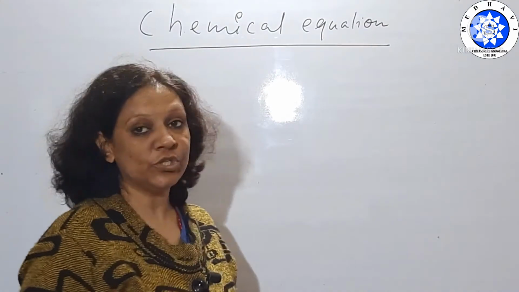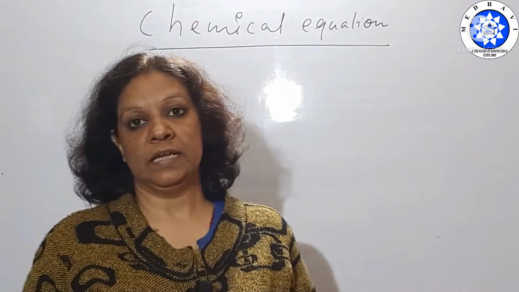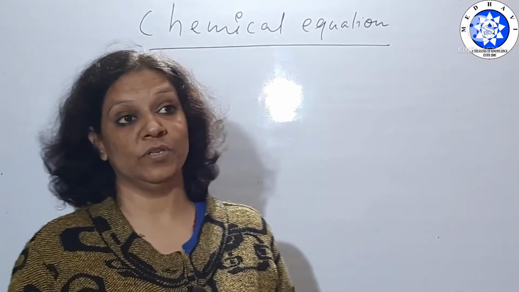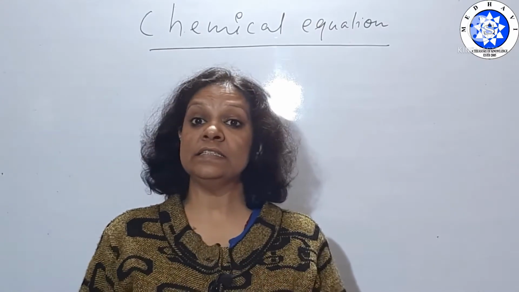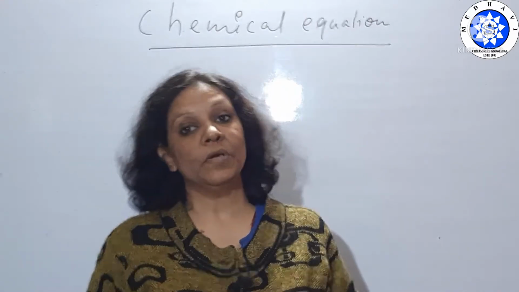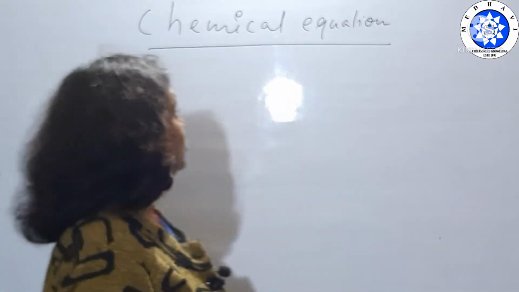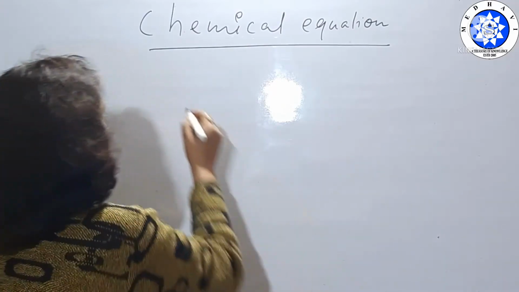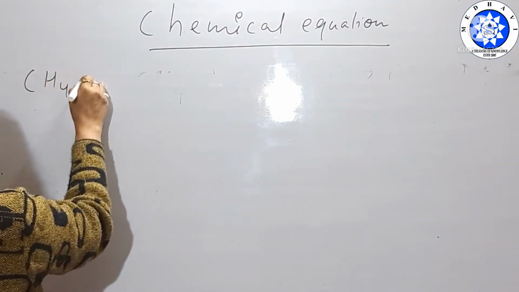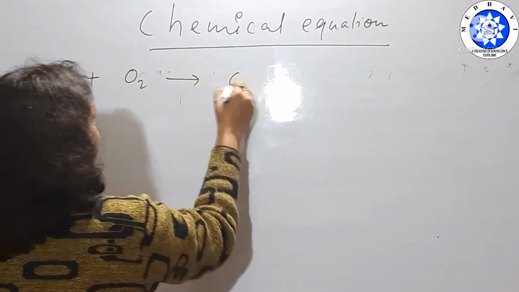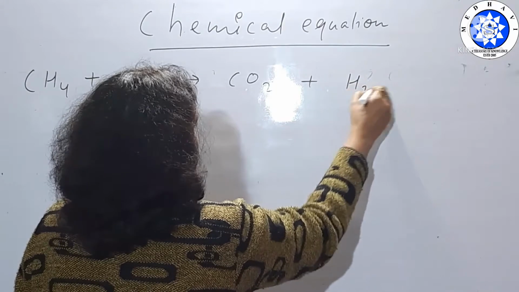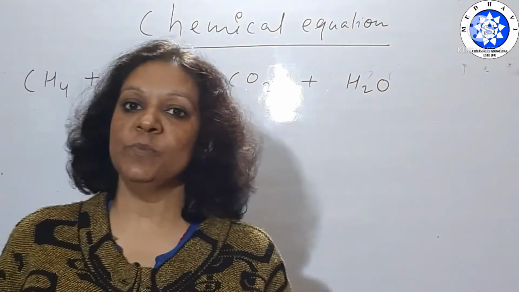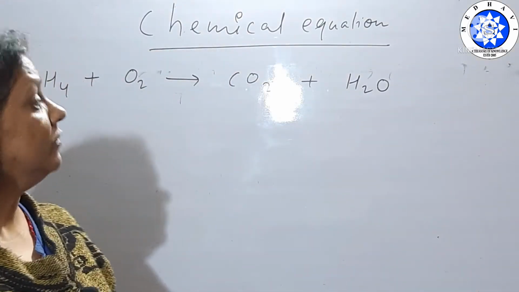As you know, in chemistry, chemicals are very important. So you can say that chemicals are important, or you can say that chemical reactions are very important. And reactions are important for us because they give much information. So I have selected combustion of methane as one example. Combustion is a reaction in which methane burns in the presence of air to give carbon dioxide and water.